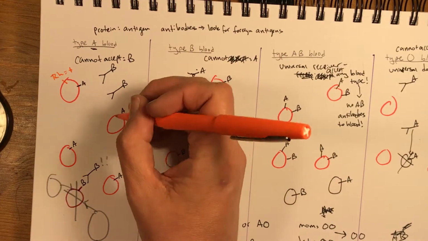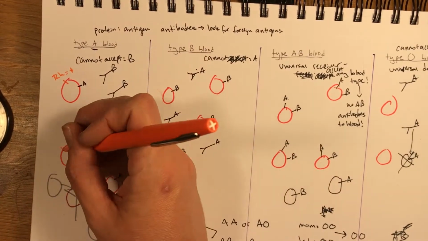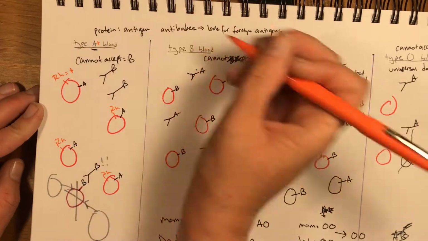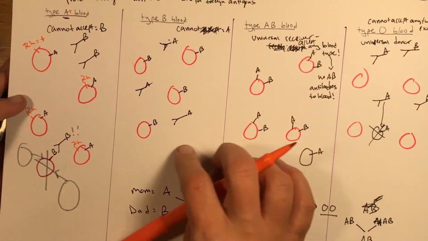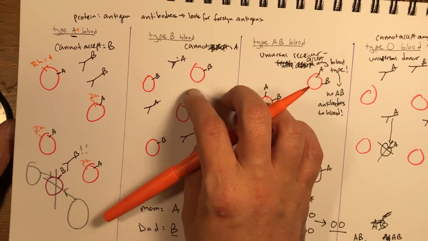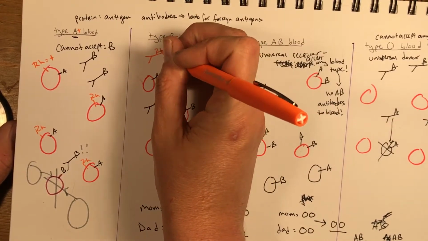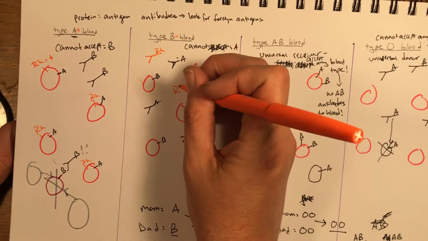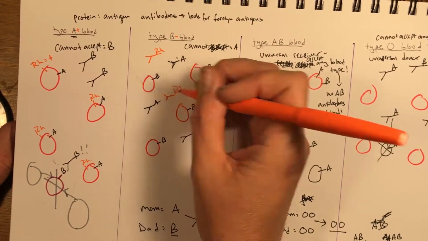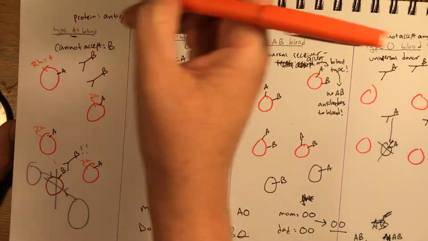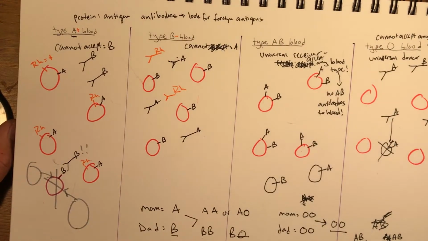So this person, now that I put this RH factor on here, they would all have that factor, and now this person is A positive. If I don't put that RH factor here, then that means that this person is B negative, and there are antibodies in the blood looking for that RH factor. Because somewhere in evolution, the body decided, if I see that RH factor, and it's not one of my own, if I don't make it myself, I'm going to attack it, and I'm going to kill it.